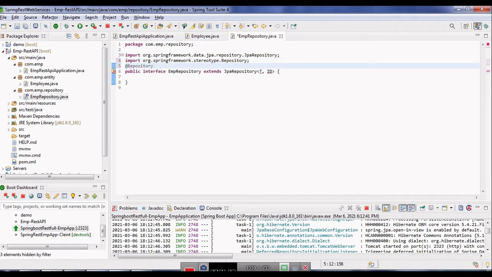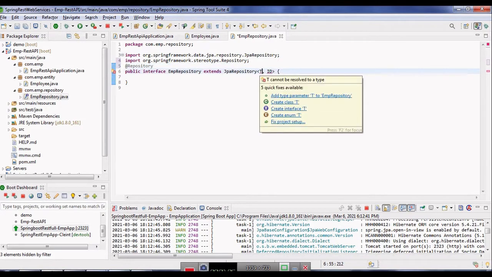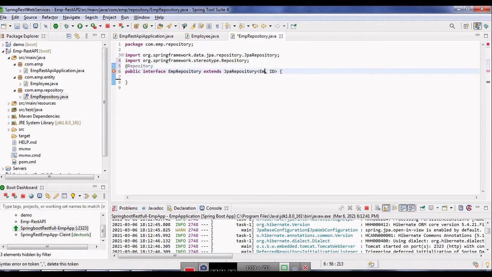Next, I am going to add my entity class, and this is the data type of the ID property, that is Integer, our employee ID.